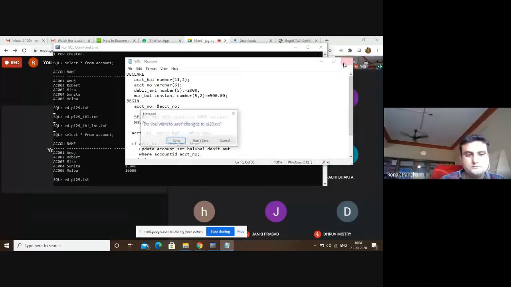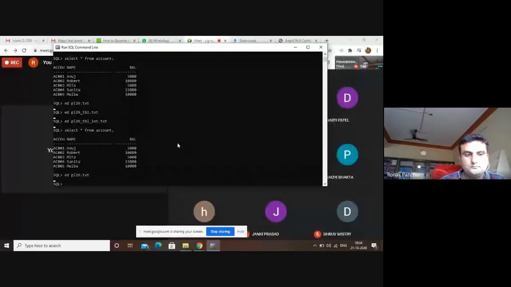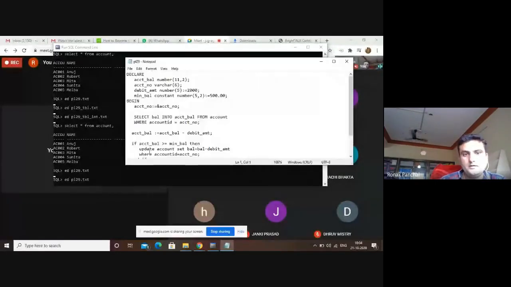Now we can execute. See, again declare, begin. There are four variables: account balance, account number, debit amount, minimum balance. The account number is coming from the user, right? Then whatever the balance of the particular account number is, that balance is entered in the account balance variable.